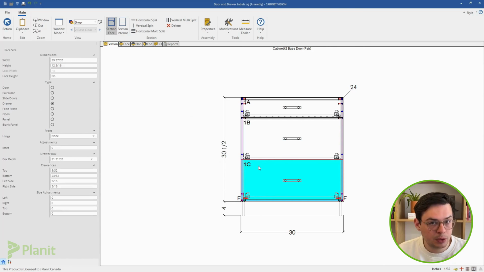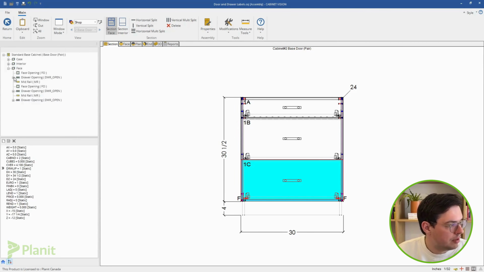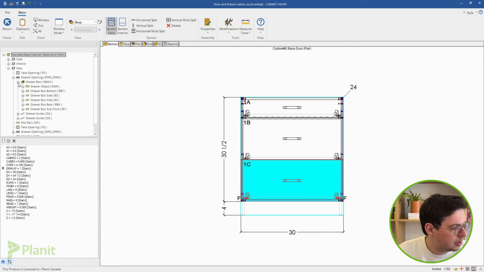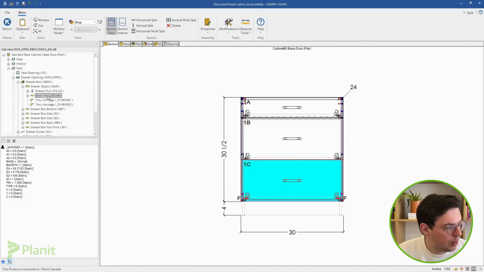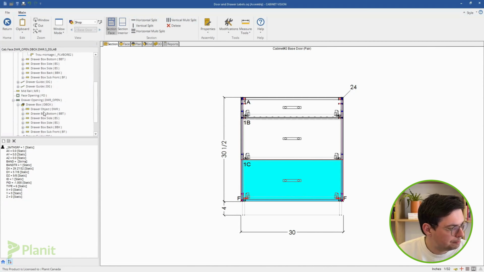Because these are equally door slab parts, they're following that same UCS. If I find that part under draw object, you'll see now it's got the 1A, and it will have also the 1B and the 1C,